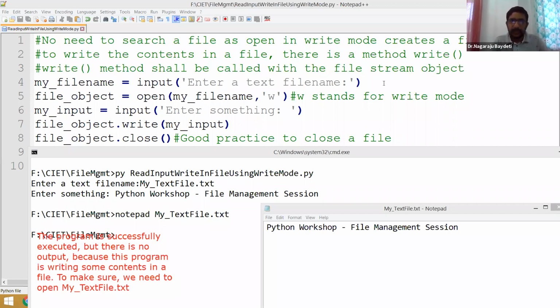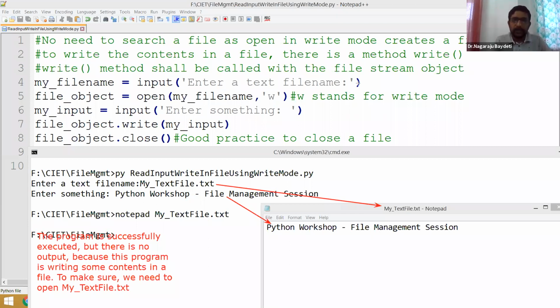Okay. So up to this, it is clear. Whatever we are giving, that text file has the content which is entered by us.